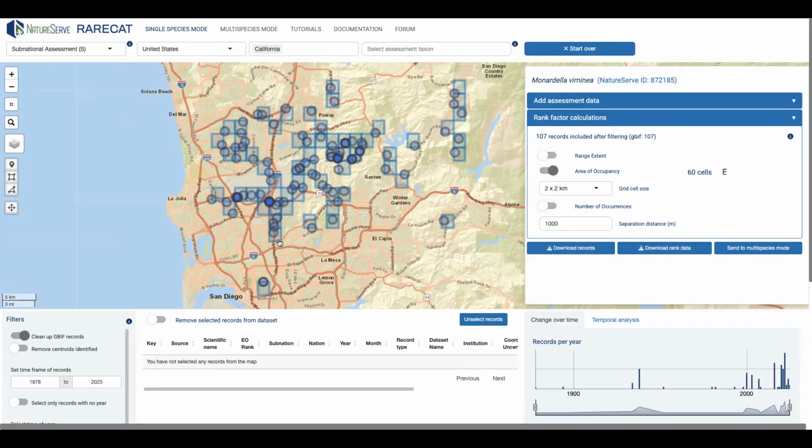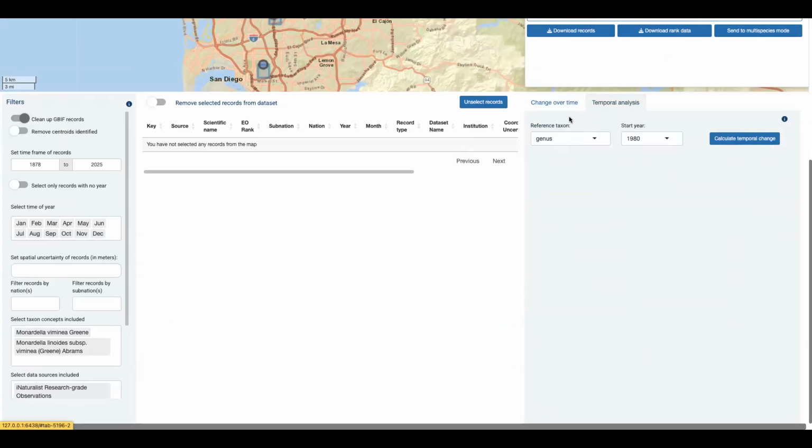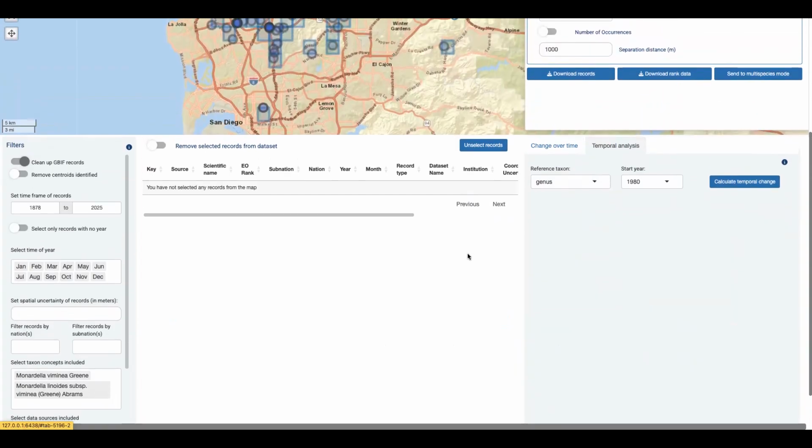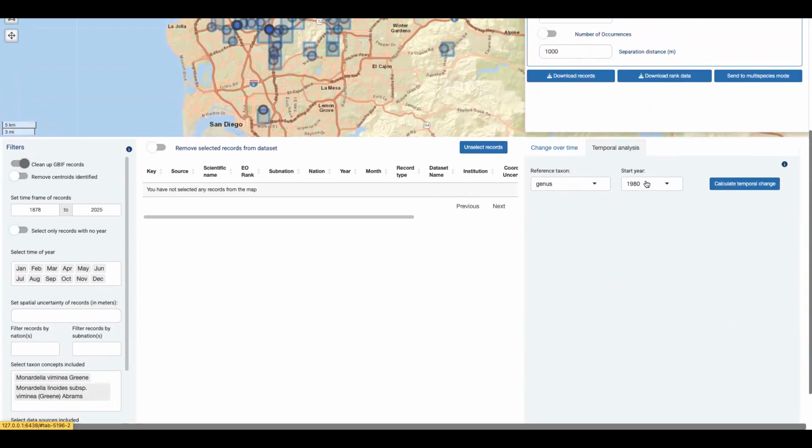And as you'll see, the area of occupancy grid cells here that have been determined for our assessment taxon are being mapped. And this is by no means essential or necessary at all for the temporal analysis, but I just wanted to have those on the map because they'll be useful for us to understand how the temporal analysis works under the hood. Okay, so let's go to the temporal analysis tab,